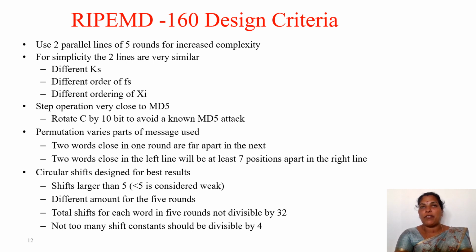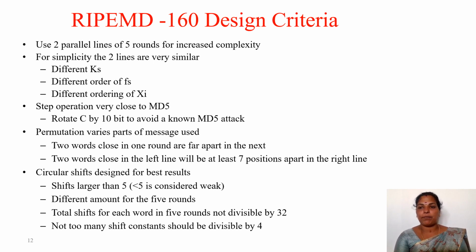We have to perform the circular shifts in a different order. Then the total shifts for each word in 5 rounds is not divisible by 32. Not too many shift constants should be divisible by 4. So these are some of the design criteria considered by the researchers of this RIPEMD-160 in order to provide more